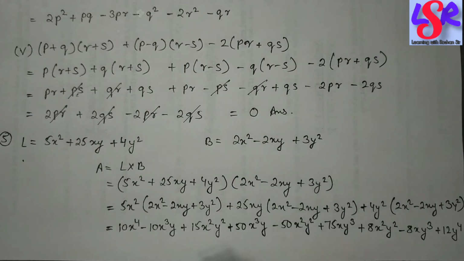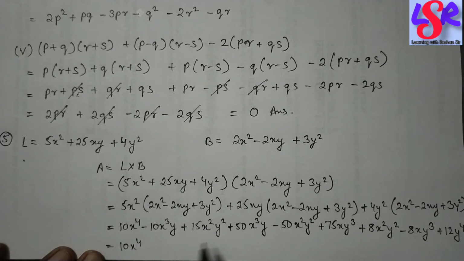Here we have expanded this one to get these 3 terms. Then on expanding this whole, we got the next 3 terms, and then with this one the last 3 terms. Now we'll be looking for the like terms, and we'll solve all the like terms. As we see, minus 10x³y and here plus 50x³y, so these two can be solved, and we aren't having anywhere x to the power 4, so it will be just copied.